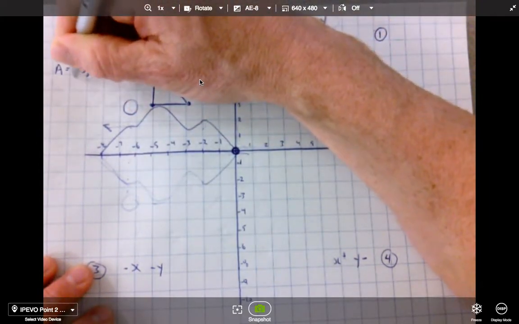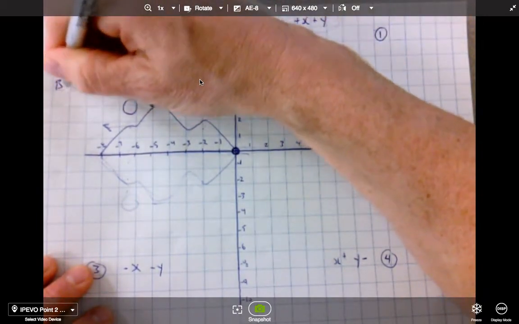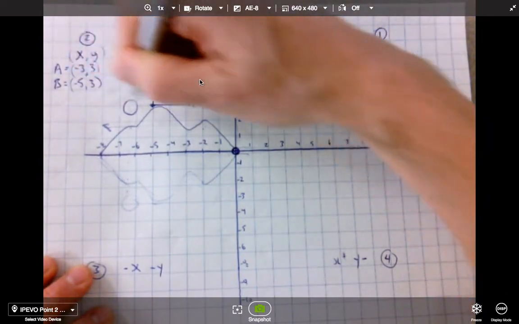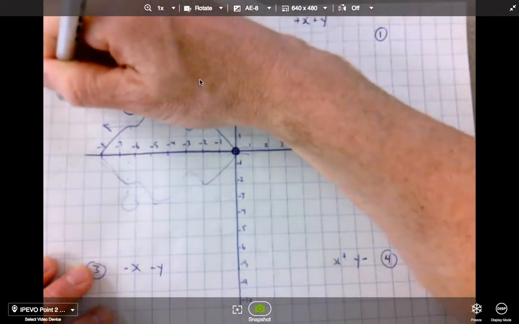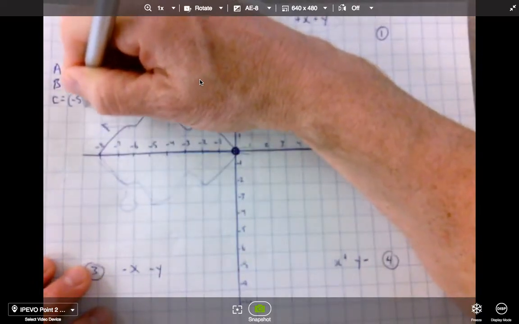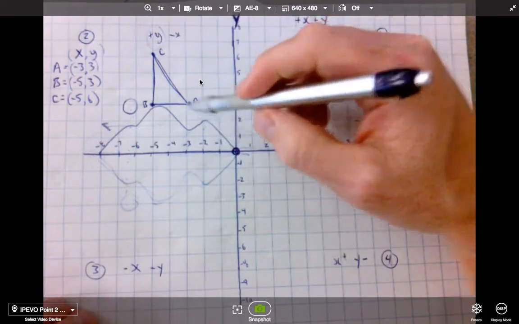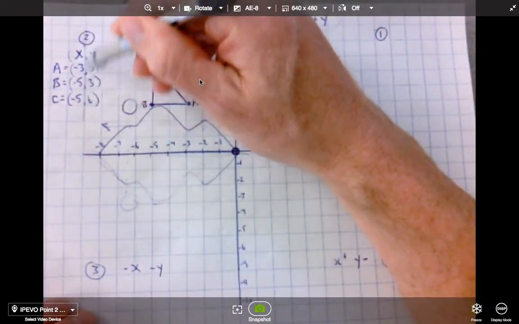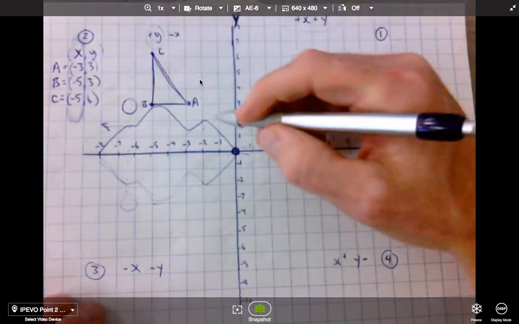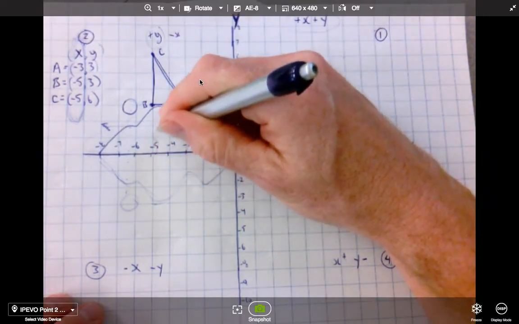-3 and 3. So this is A. And then B is going to be -5 and 3. And then C, which is up here, is going to be -5 and 6. And I know that because the x-axis, or the x coordinates, we do first. We always do the x ones first. So I did 1, 2, 3, 4, 5. 1, 2, 3 gave me